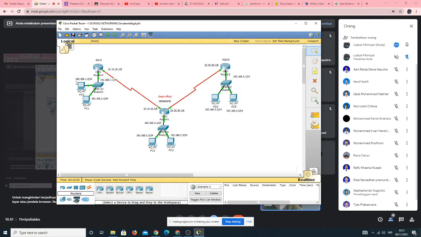So we will configure the connection based on this layout.